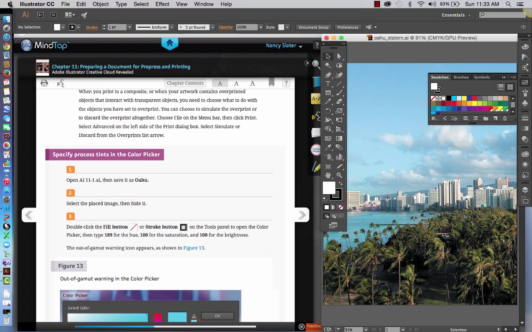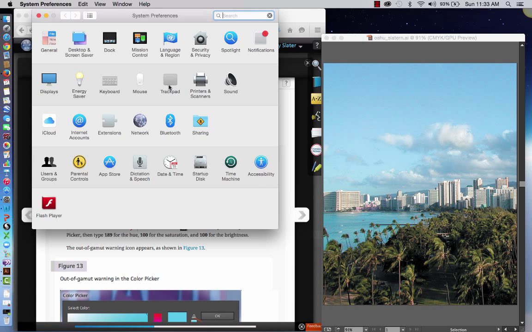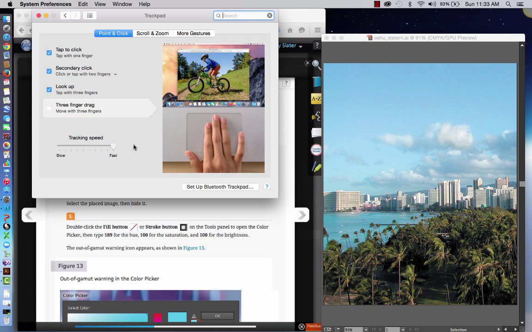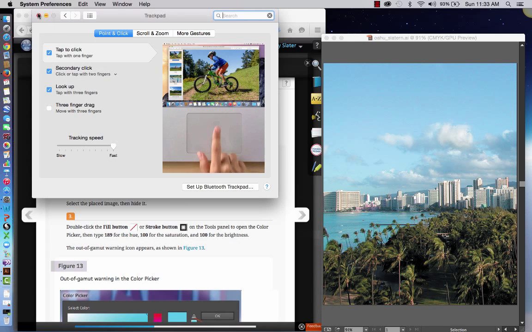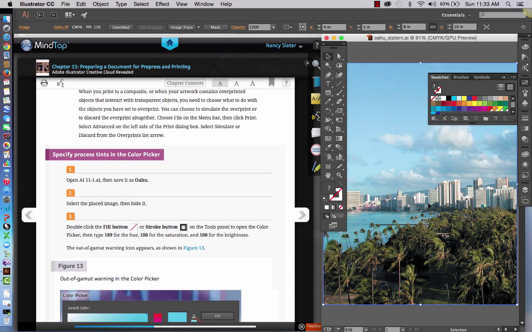I have to go back up and make my trackpad a little faster, sorry. Drives me crazy if it's not right at the very top. Okay, and as you guys know, I'm not,